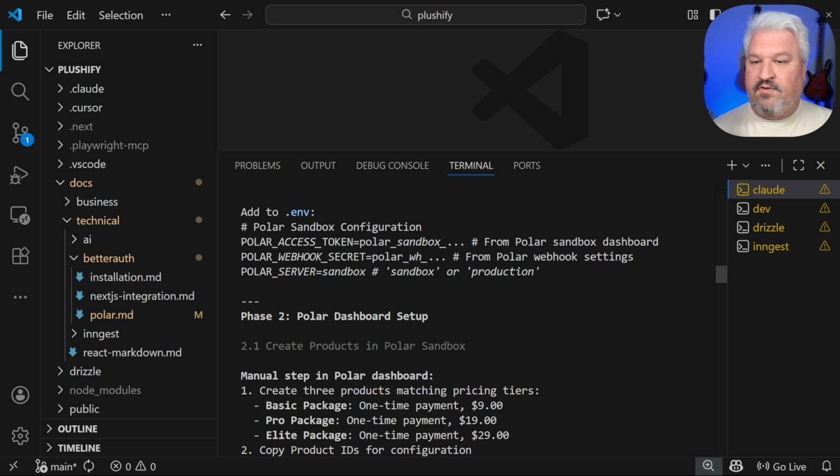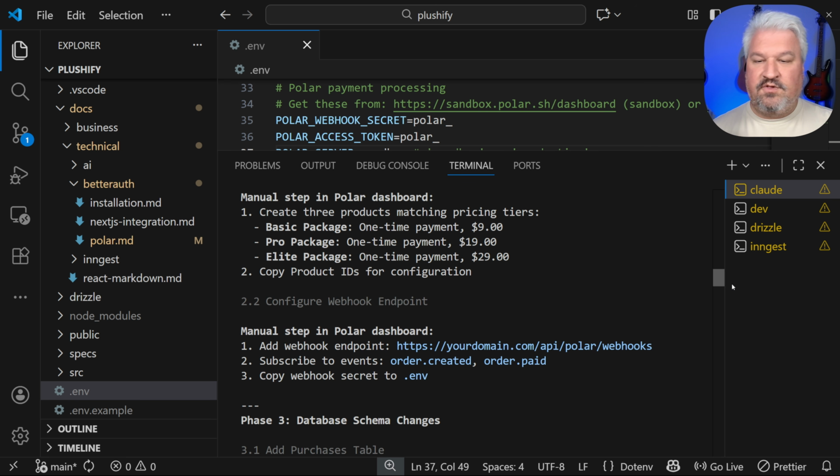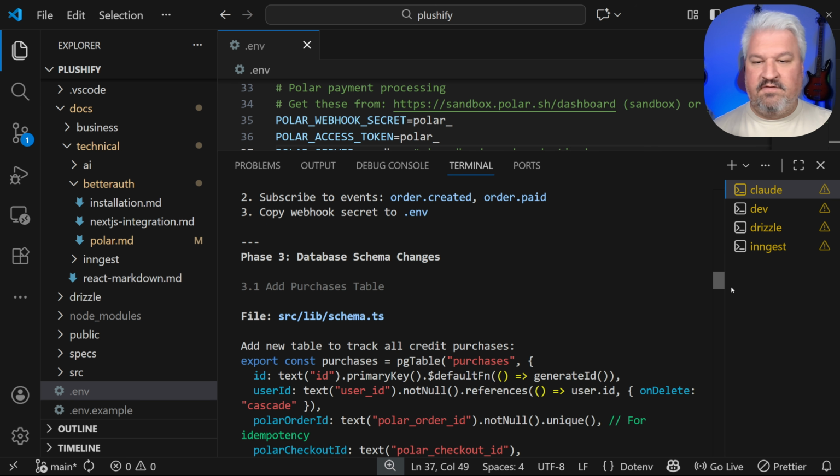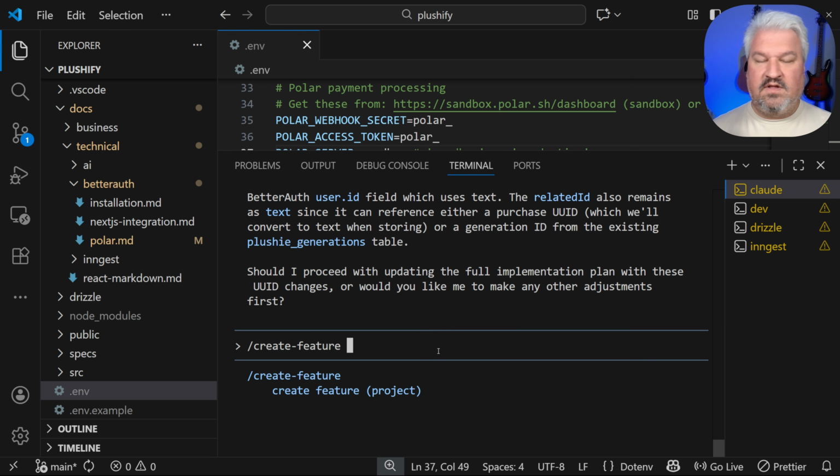We need to set up a few more environment variables. I'm actually going to copy all of these right now and add them to our environment variables, so in the .env file. But for now, let's go through the implementation plan and make sure everything looks correct. Okay, I'm happy with this implementation plan, so let's switch over to change mode and let's run the command create